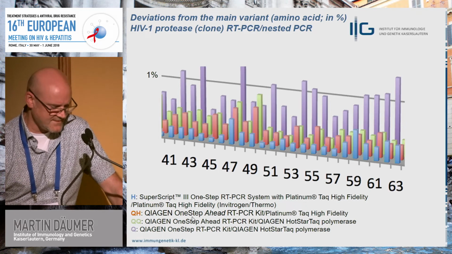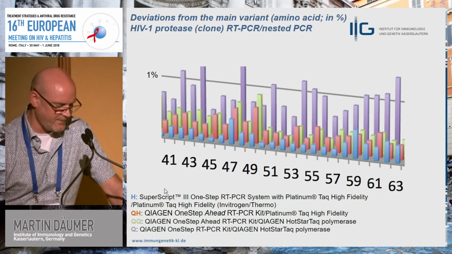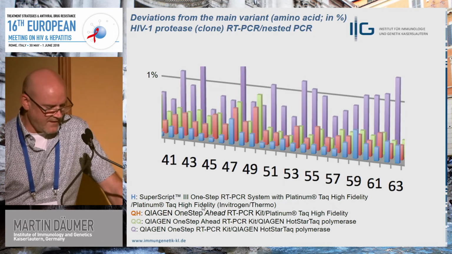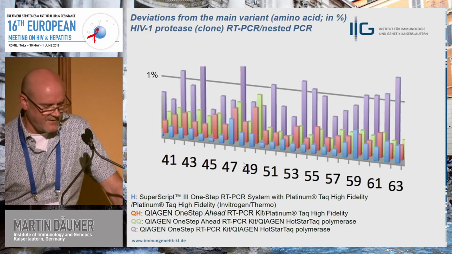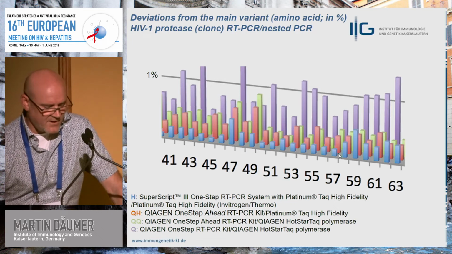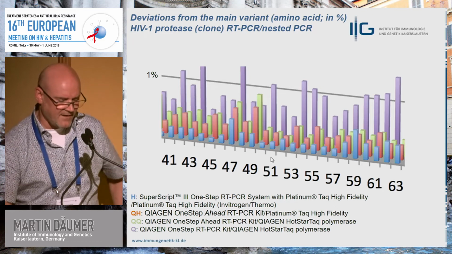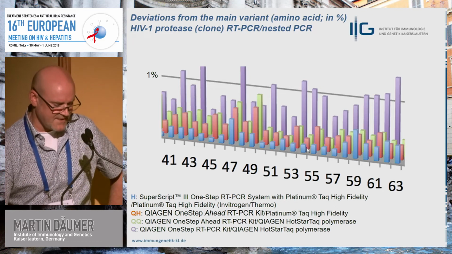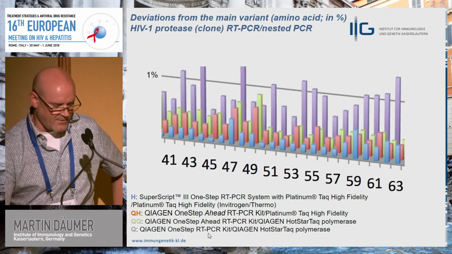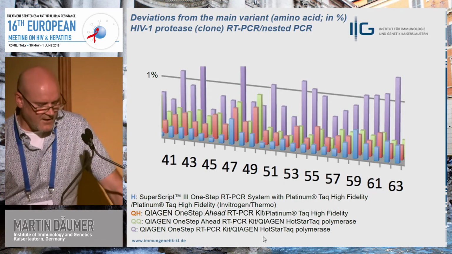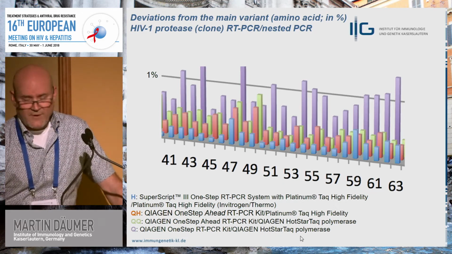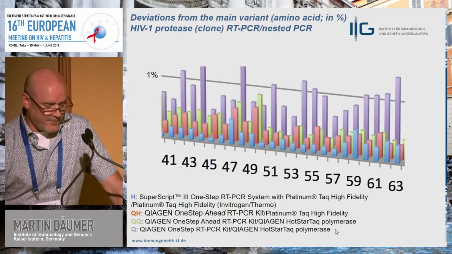And we tested a few of these combinations using the SuperScript or the one-step RT-PCR kit from Qiagen, and you see the lowest deviations are seen with the SuperScript in combination with the Platinum Taq, and the highest deviations are seen with the Qiagen one-step RT-PCR kit and using the hot-start Taq polymerase for the subsequent